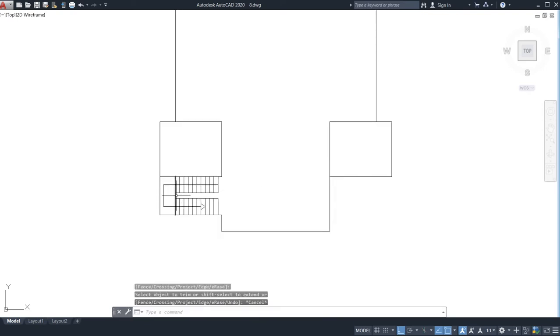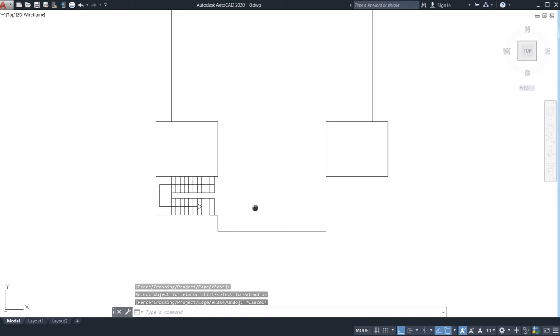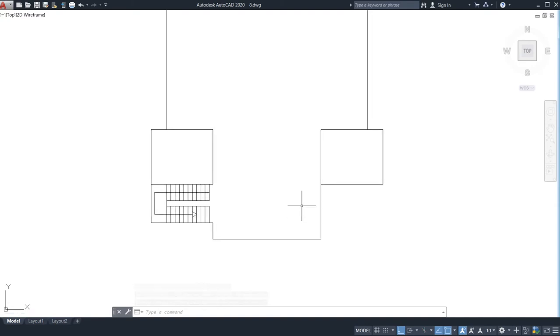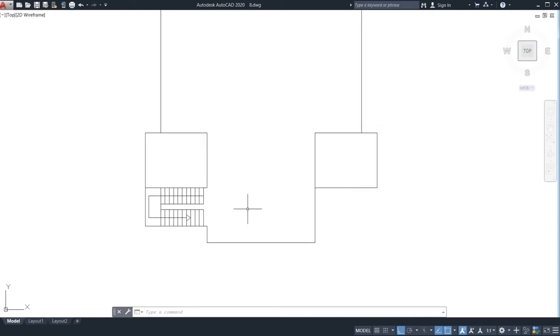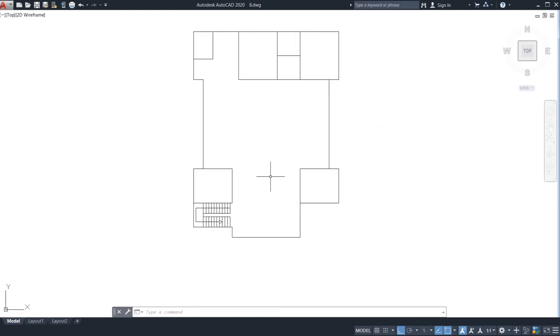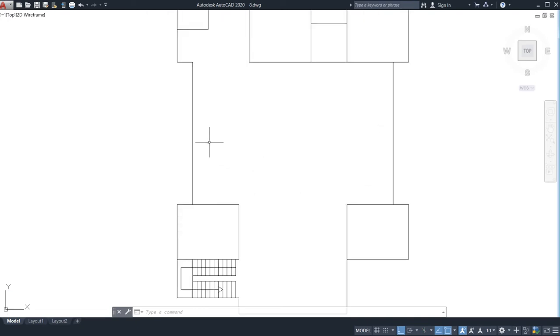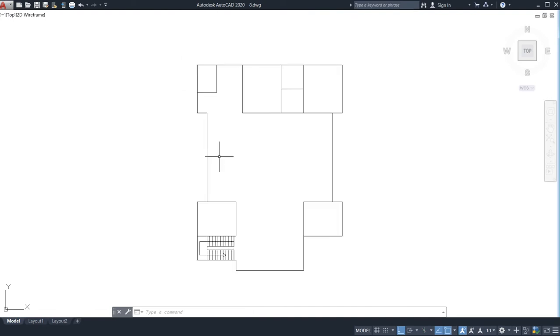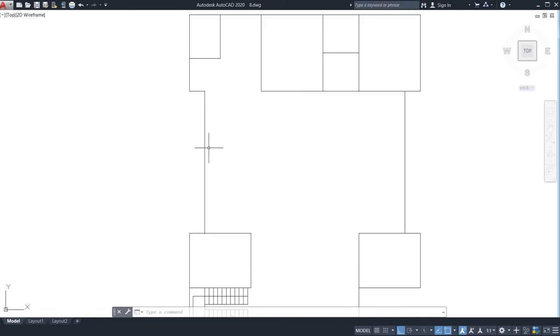This is my staircase which is in the south direction, and this is some lobby, and I need to make some hall type here. This will be my living area, and I'm going to make one bedroom here also. Before making the bedroom, I need to keep some space for the dining room.